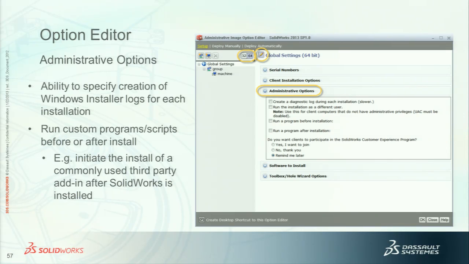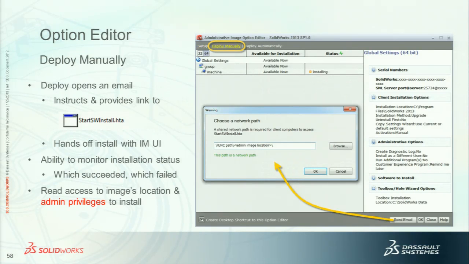But you could create an administrative image of EPDM. You could create a custom batch file script and say, run that after the SolidWorks installation to package it together, if you choose to use our administrative image functionality. Or you have Mastercam, some third-party add-in, you want to install right after SolidWorks, you can kick that off. So deploy manually, and you click on that, you get this screen, has a summary of your settings